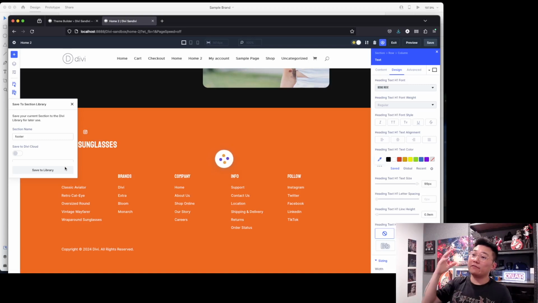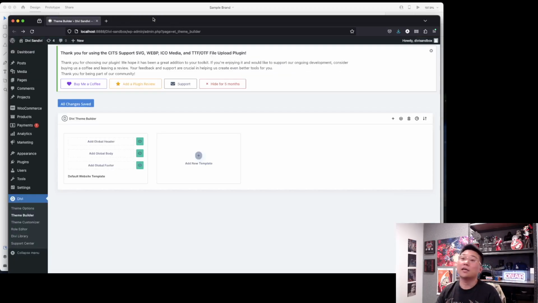Okay, so we can't even take that and put it in the footer. We can't, I don't know how that is supposed to work. All right, so, okay. Divi 4 doesn't work. Divi 5 doesn't work. Couldn't get very far. I don't think that shop is going to happen on my local